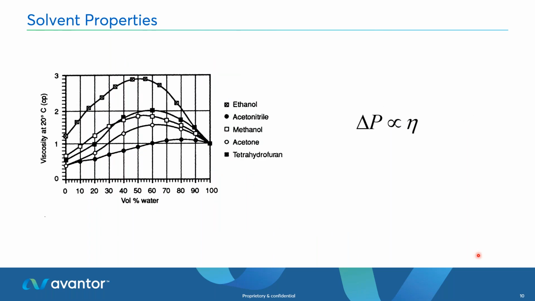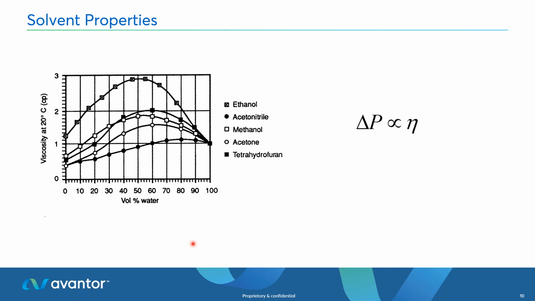In addition, if we look at this type of plot, acetonitrile here is these black circles at the bottom. So you can see this is the acetonitrile curve. And what we've got along the x-axis is the percentage water. So here we've got 90% acetonitrile and 10% water, and so on as we go across the graph. Along the y-axis is our viscosity. So you can see acetonitrile is the least viscous of the solvents that we've looked at within this experiment, which